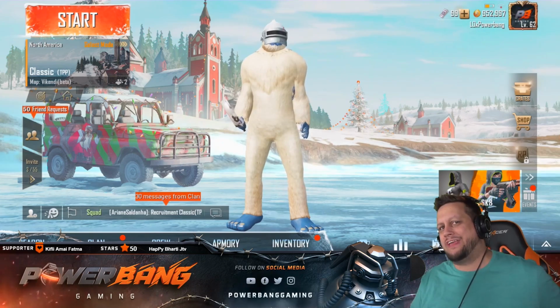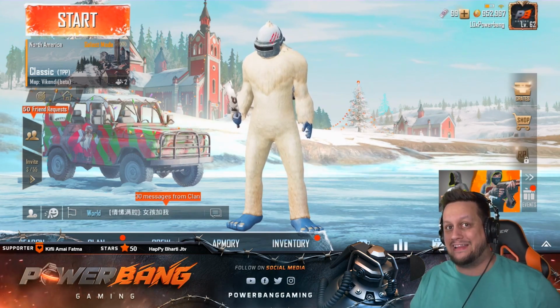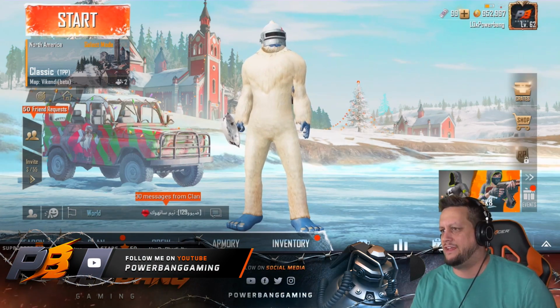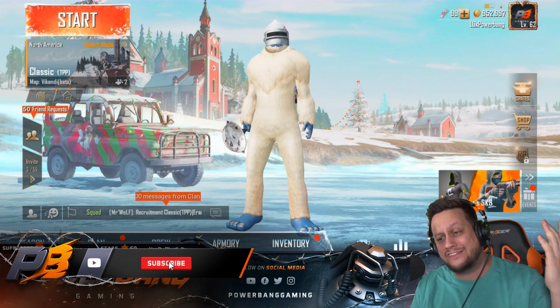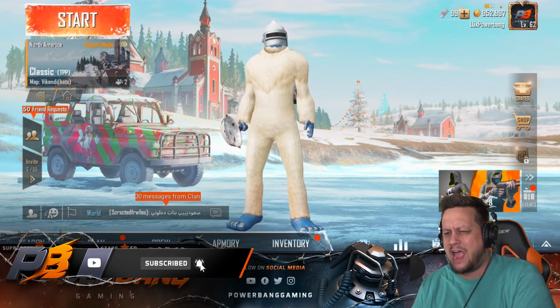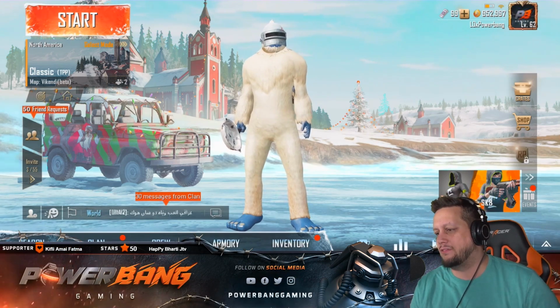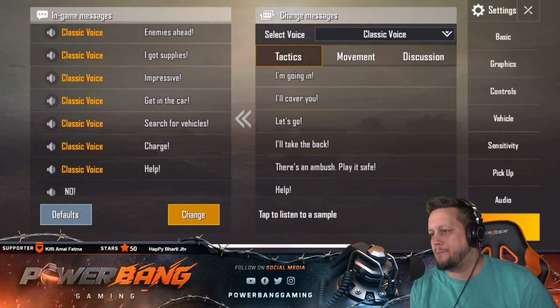That's right, guys. The 0.10.5 update for PUBG Mobile is here. Lots of new stuff, but my favorite is the voice. The old voice is back. The lady that says impressive. Yeah, she's back. I got supplies, all that good stuff. Enemies ahead. The assertive, the dominant female. She's back. In order to get those voices, open your settings menu, go down to the bottom, and it says